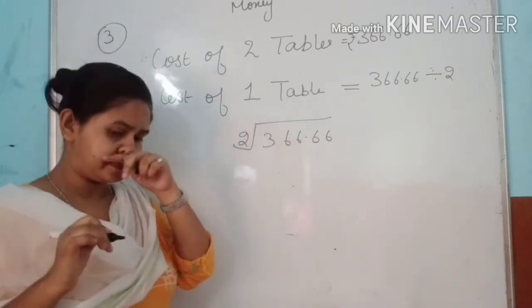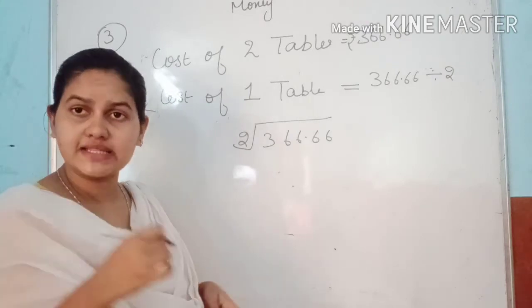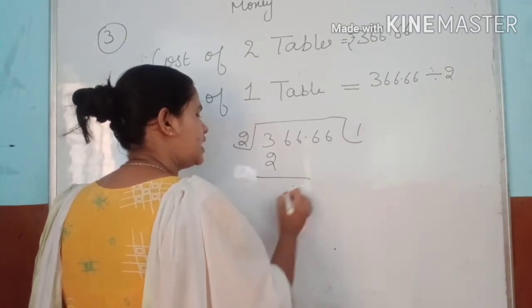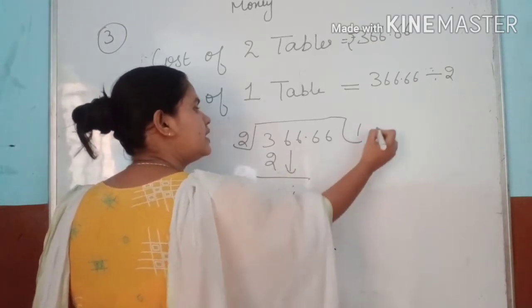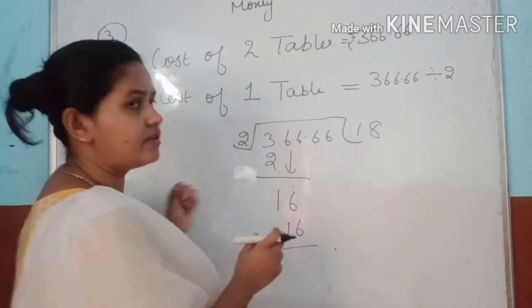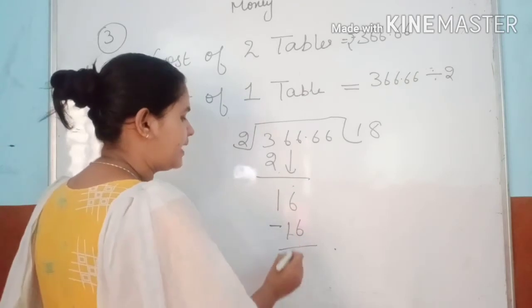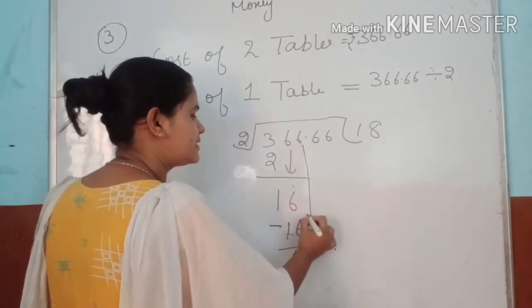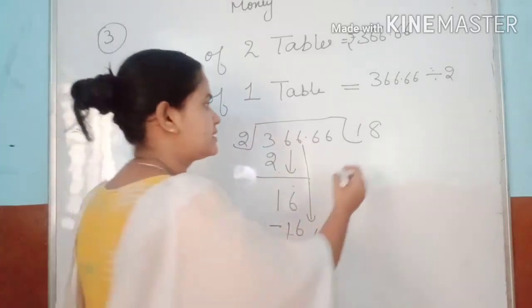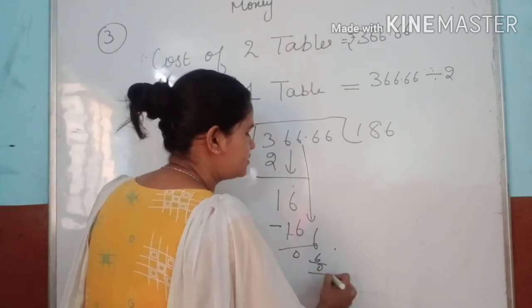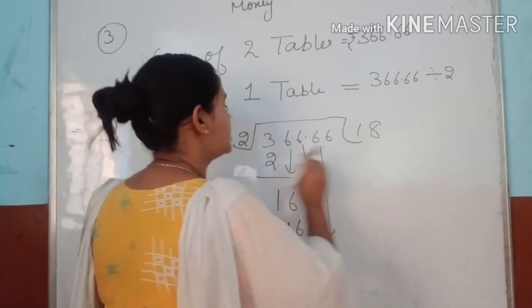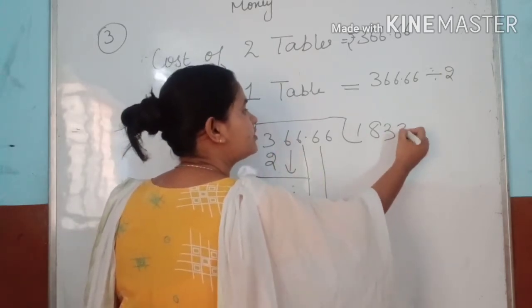So students, it's very simple. We will take the smallest number, which means 2. Here will be 1. We will take 16. It's 18. Okay, 8 will be here and 16 will be, we'll minus it. When we minus it, we can see here will be 0. We will take 6. Now the table of 2. 2 3s are 6. 6 will be here. 6 and 6 become 0. We take 6 again. 2 3s are 6. Again 3, again 3.